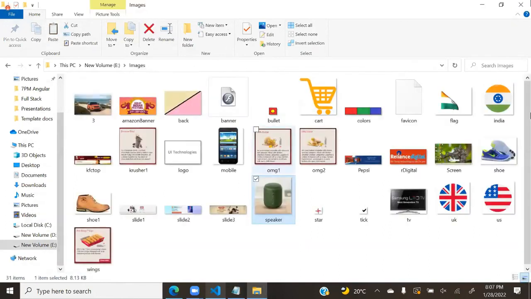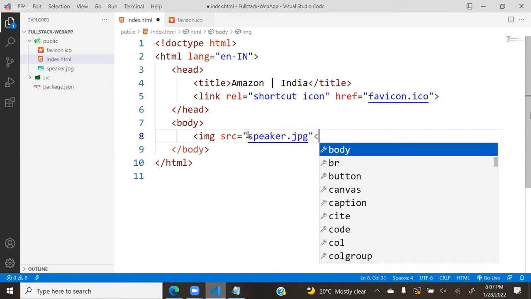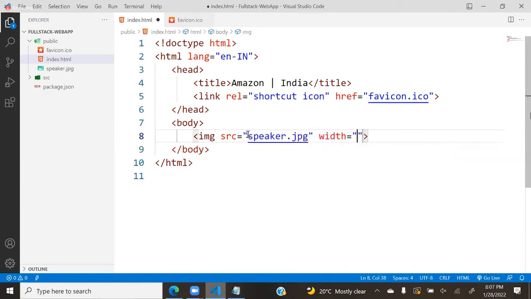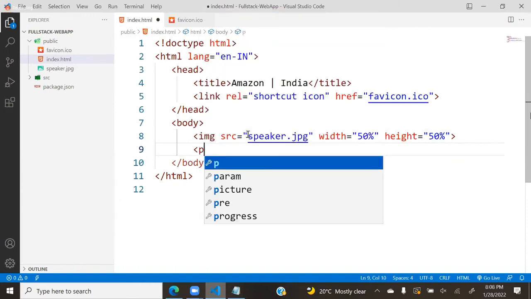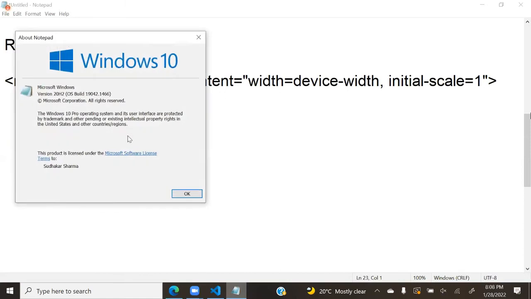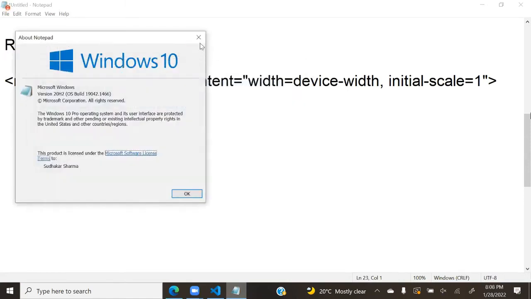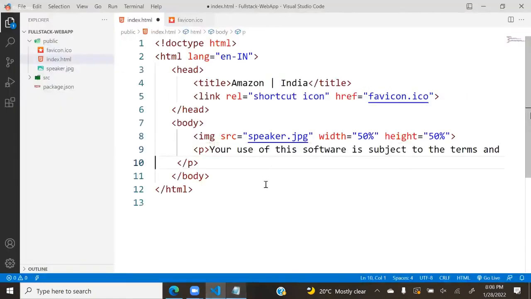I'm adding that image here, speaker.jpg, defining width 50% and height 50%. And here I have some paragraph copied there. Don't worry what I am writing in the body section. Just observe the concept.